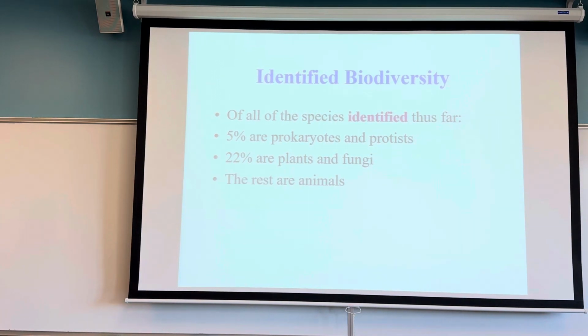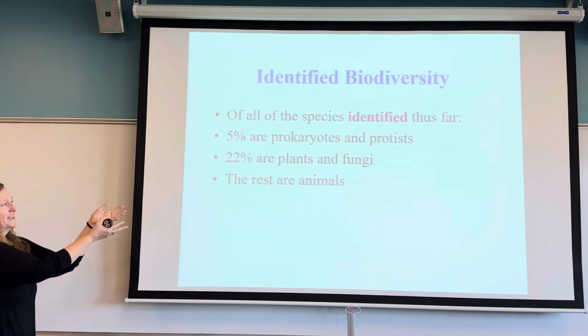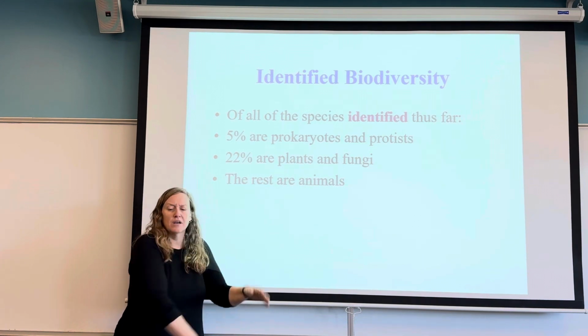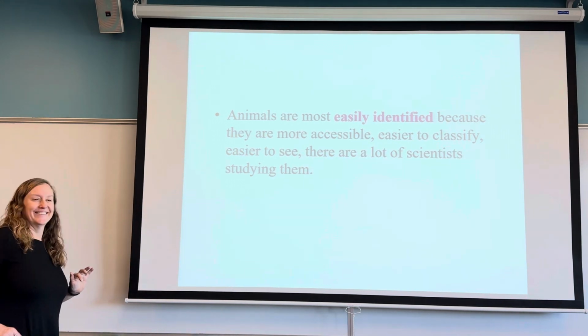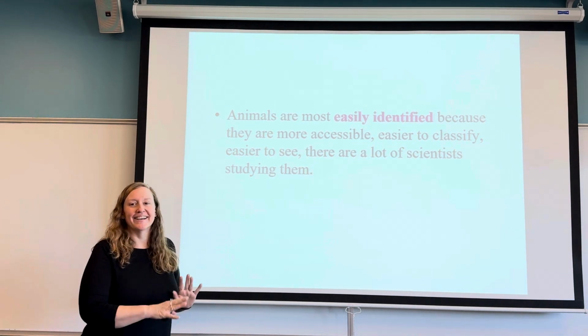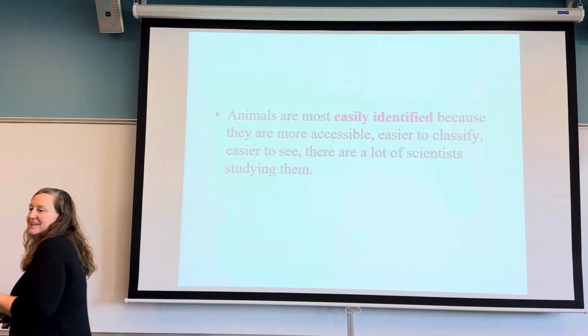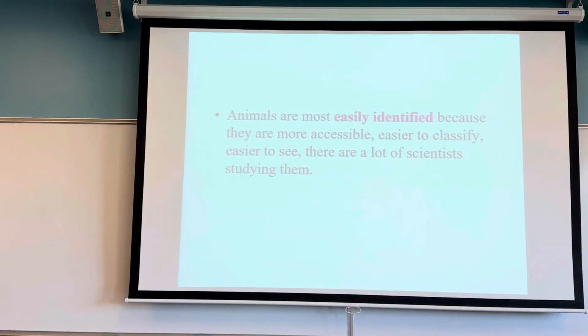The rest are animals. There's a lot less of those consumers in that trophic pyramid, but again, we're just attracted to the cute. It's so cute. We go with the most easily identifiable species that we want to study. But we need more of working with the microscope and the plating and the DNA and the RNA and the sequencing. We need a lot more of that.